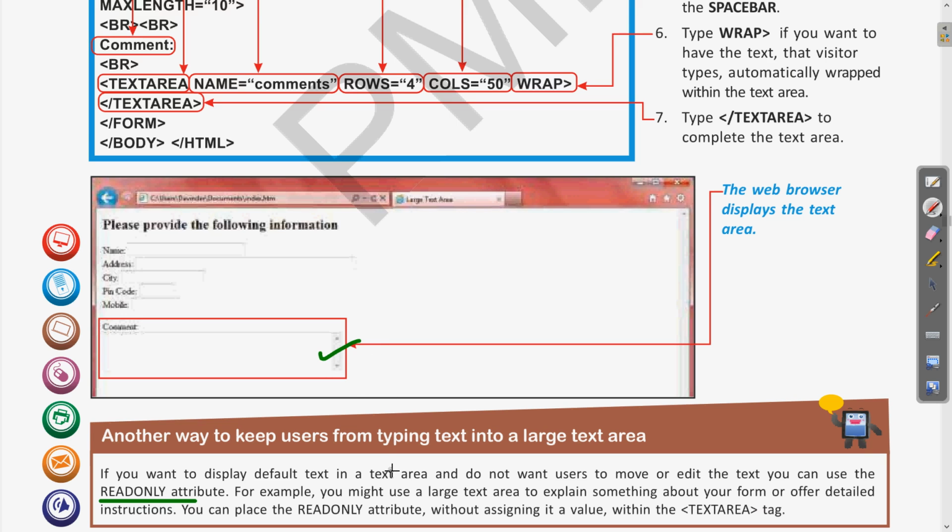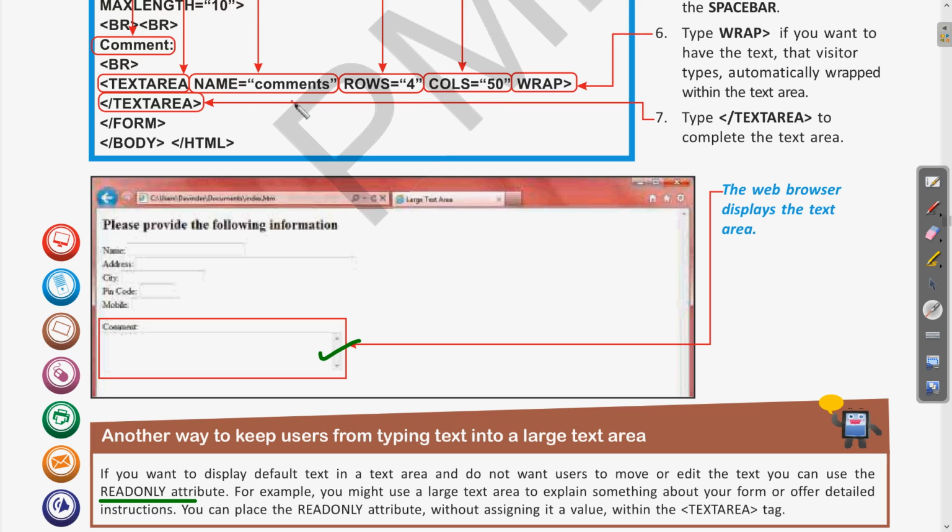For example, you might use a large text area to explain something about your form or offer detailed instruction. Clear? So if you are designing any web page where you want to provide some information or a detailed description of something, we can use the large text area. You can place the read only attribute without assigning it a value. Clear? Here all of these attributes are assigned some values.